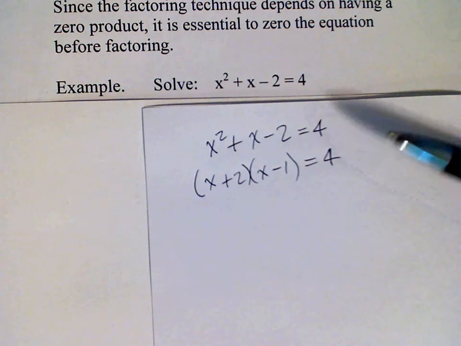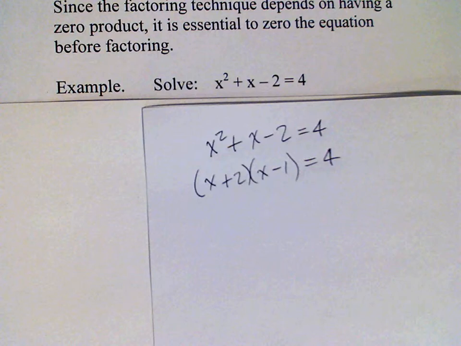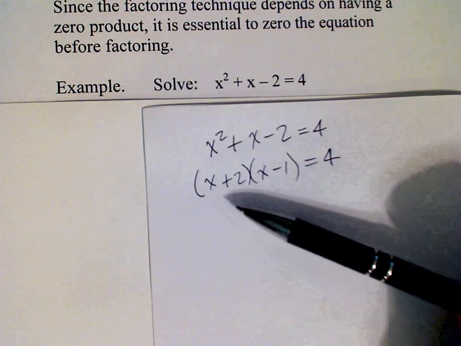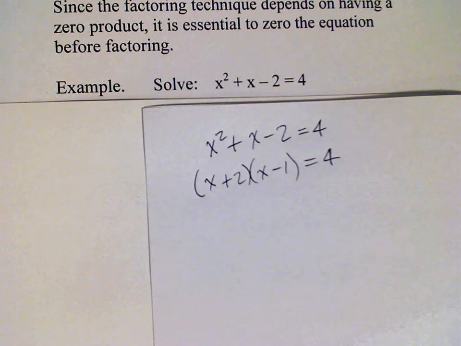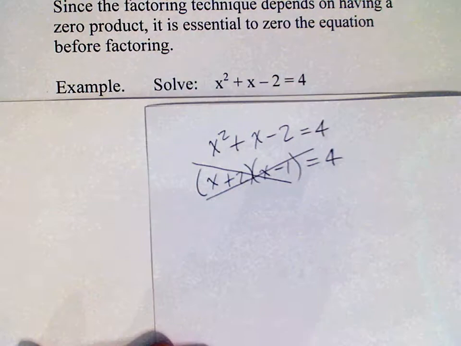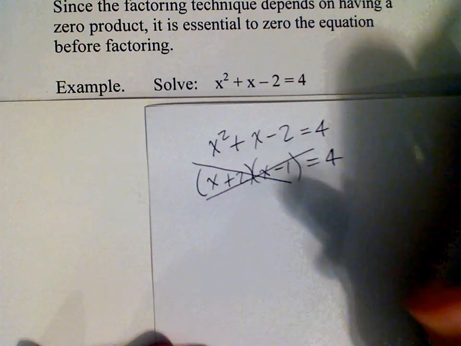And the reason is that on the right-hand side we do not have a 0, we have a 4. So without a 0 on the right-hand side, this technique fails. We cannot say anything about these factors relating to the number 4. So this is not how we want to start working this problem. The first step in solving this equation